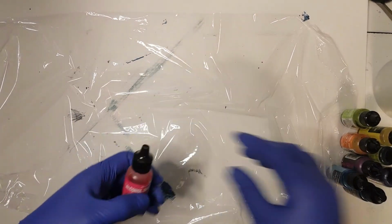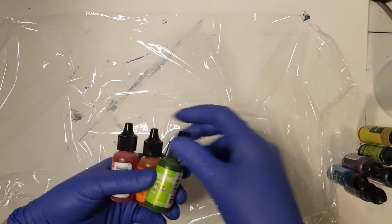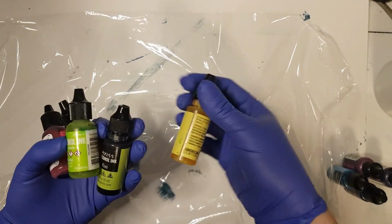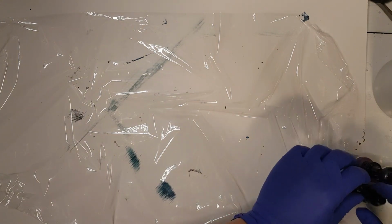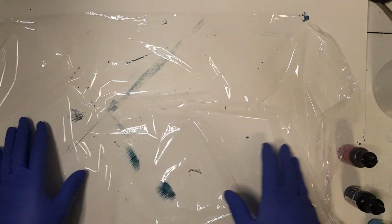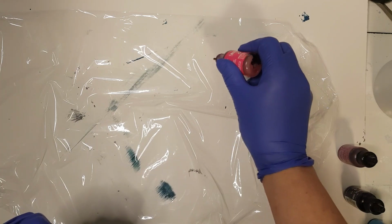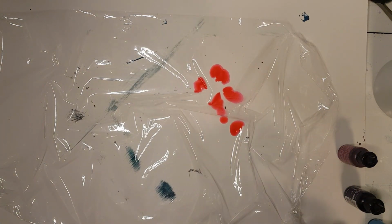But I'm going to use Gumball from Tim Holtz, Valencia from Tim Holtz, a little bit of Limeade from Tim Holtz. I'm also going to use Kiwi from Pixie, Lemon from Pixie. And I'm going to use Pixie Sky and Sapphire. And then I have Tim Holtz Wild Plum and Vineyard. So I'm going to use all of those. And I'm just going to sprinkle a couple drops of each